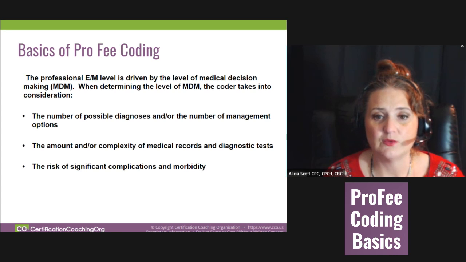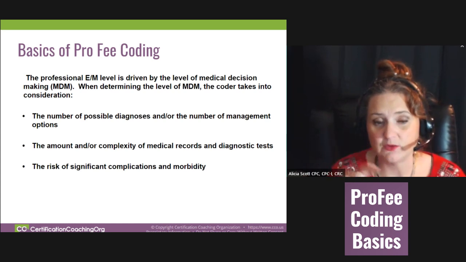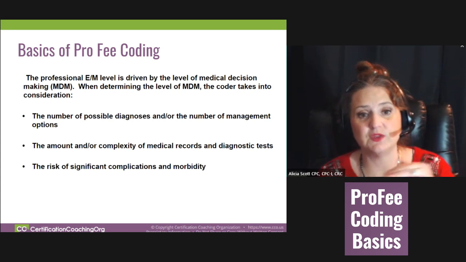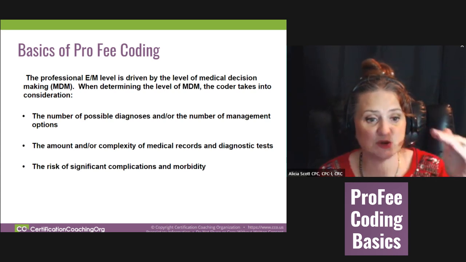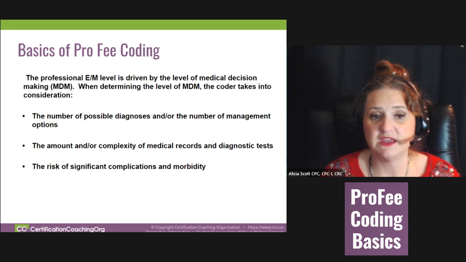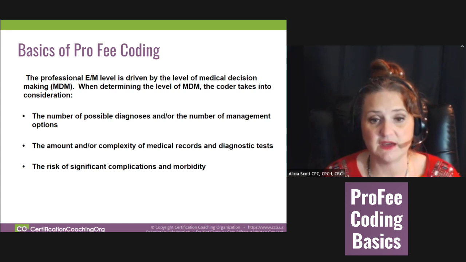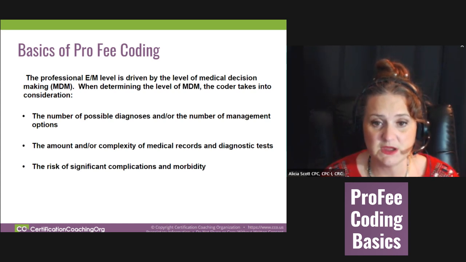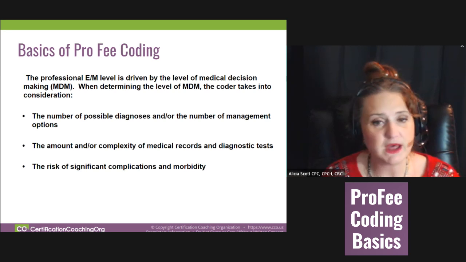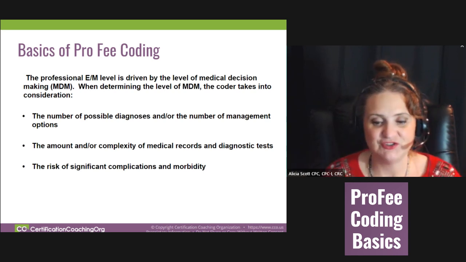But the way we do that is based on the documentation that we're given, and then we divide that up, and we know that you've got all of these components, so it meets a level 4, or it meets a level 5, etc. And then with E&M, new and established patients have different leveling for each of those. The criteria for them are a little bit different. But once you get it in your head, you're good to go.